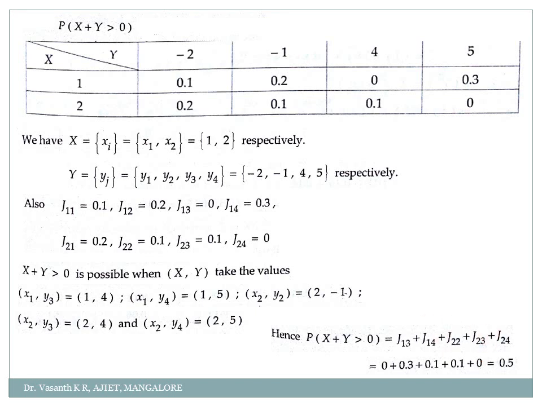Clear with the idea how to write it? Okay. So these are the two problems whatever I solved here. Now there are not many problems in this one. Just go through these two problems, more than enough. In these two problems they had given me the joint probability distribution table, and they had asked me to find other values. The next two problems, in this one they will be giving me the distribution tables of x and y separately. We have to find out the joint probability table. Okay, you got an idea? The reverse way they will ask you. Okay, so we'll go with the next problem, my dear students.